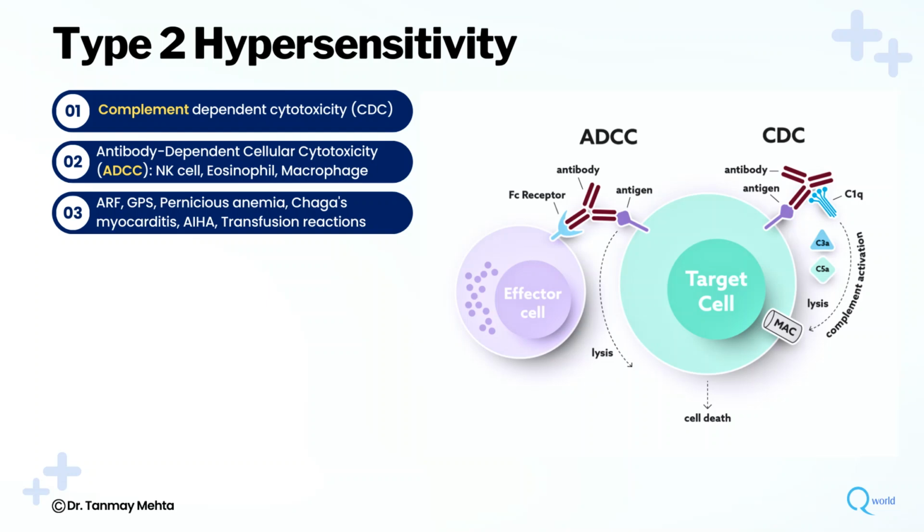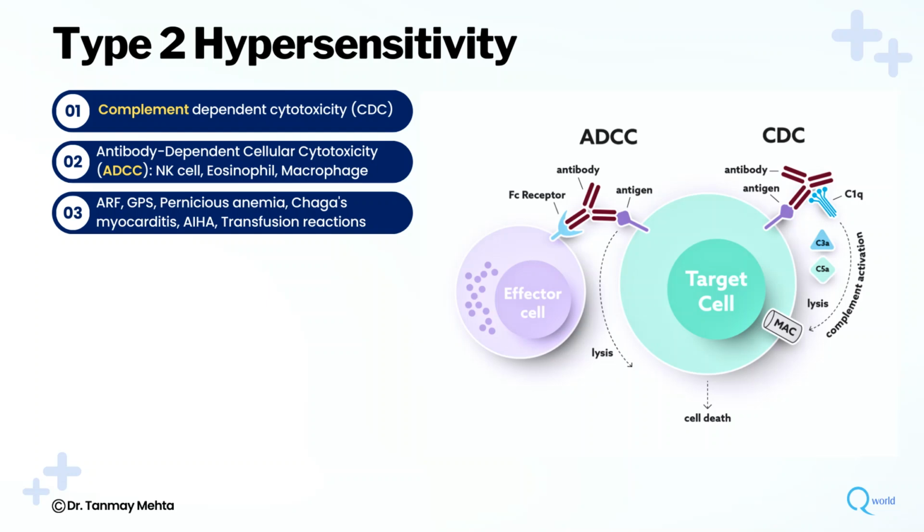Yes. Antibody dependent cellular cytotoxicity. Now we have to understand that there are three cells which play a major role here, that is natural killer cell, eosinophil, and macrophages. So what happens is these cells have Fc receptor, and obviously antibody will go and bind to the target antigen, but its Fc portion is free. So this will attract this cell, and these cells will go and bind to this antibody with this Fc receptor,